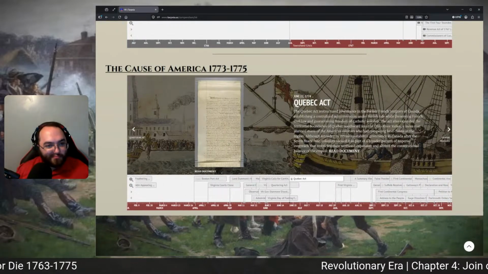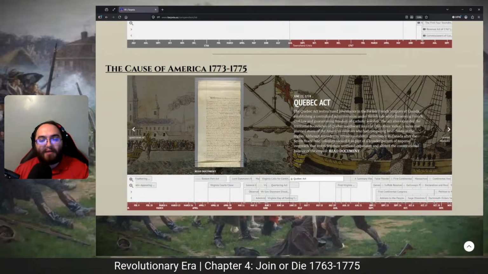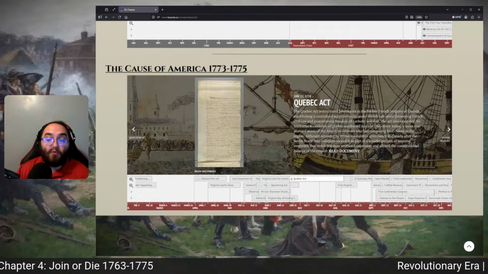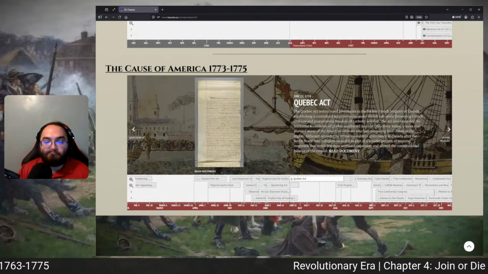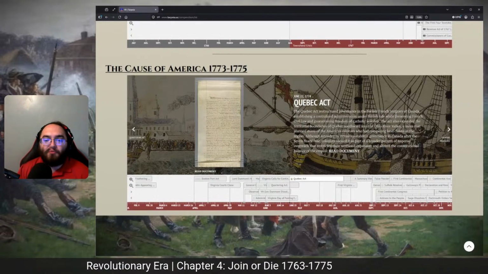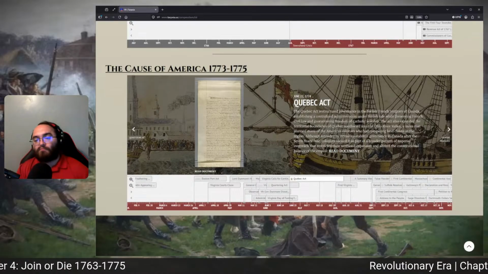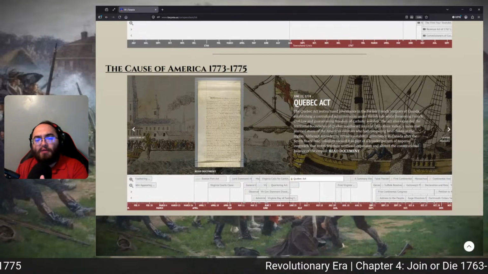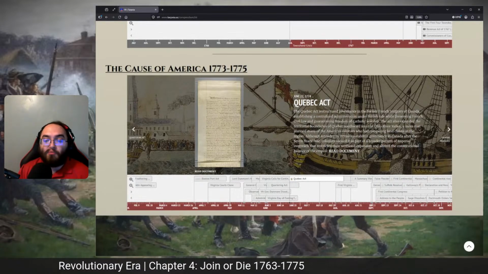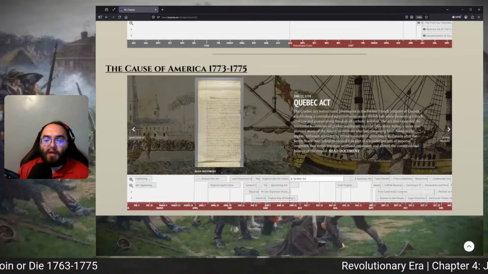And then you have the final Intolerable Act. Some people don't include this in the Intolerable Acts. We do, which is the Quebec Act, which restructured governance in the former French territory of Canada, establishing a centralized administration under British rule while preserving French civil law and guaranteeing freedom of Catholic worship. The act also expanded the territorial boundaries of Quebec southward into the Ohio River Valley, a move that alarmed many of the American colonies who had competing land